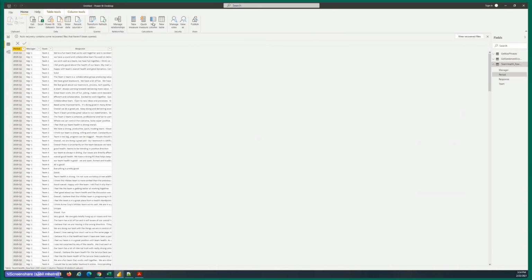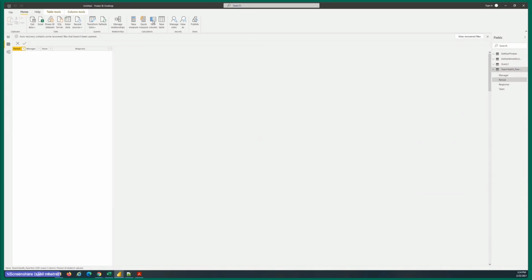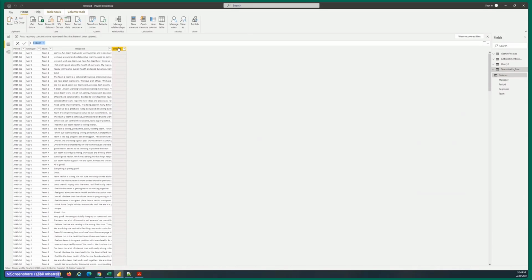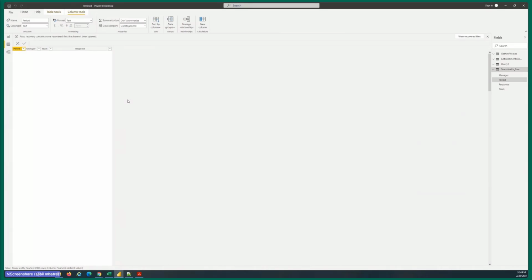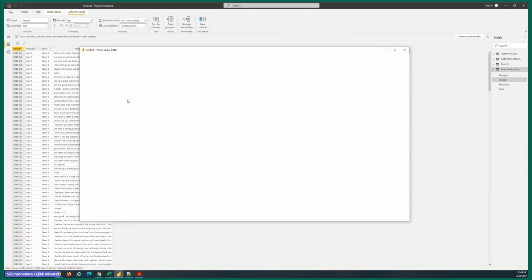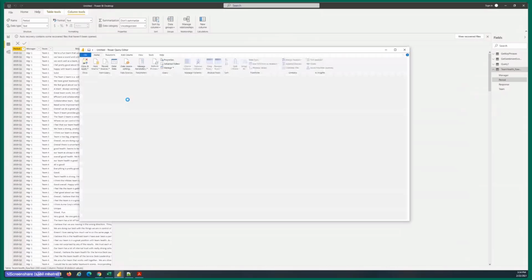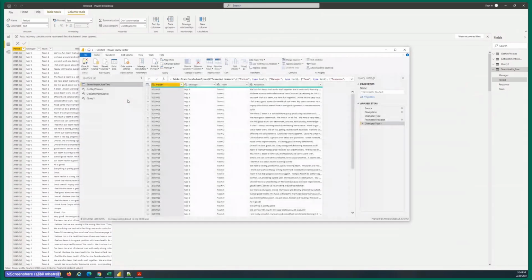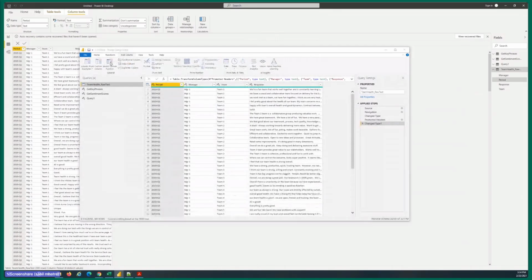Let's try this again, guys. Okay, add column, invoke custom function.